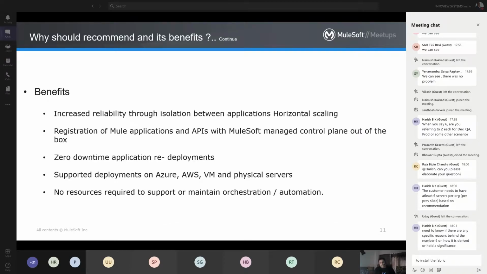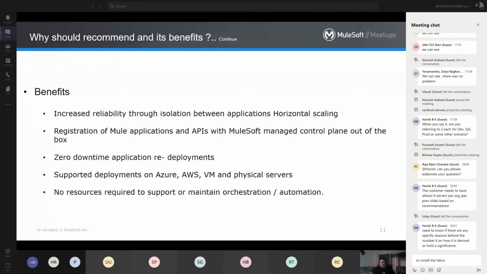This provides a completely zero downtime application while using Runtime Fabric.